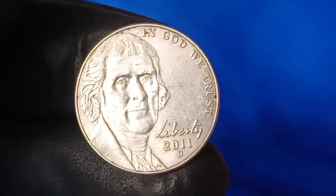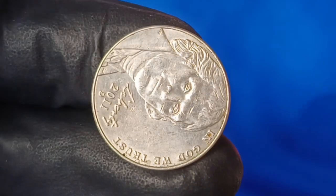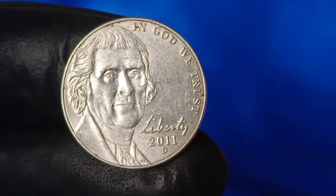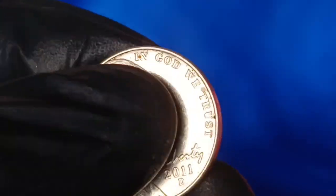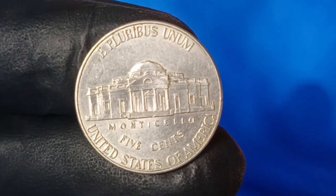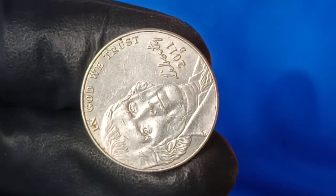And adding to this whirlwind of value are the historical factors. 2011 was a time when the U.S. Mint was modernizing its processes and tightening error prevention systems, meaning any mistake that escaped into circulation from the Denver Mint was extremely rare and increasingly valuable due to its statistical improbability, especially when combined with the unique features of that year's nickel alloy composition, die wear patterns, or changes in die hubbing technology that produced barely perceptible design shifts under high-resolution analysis, which experts now cite as potential reasons why certain